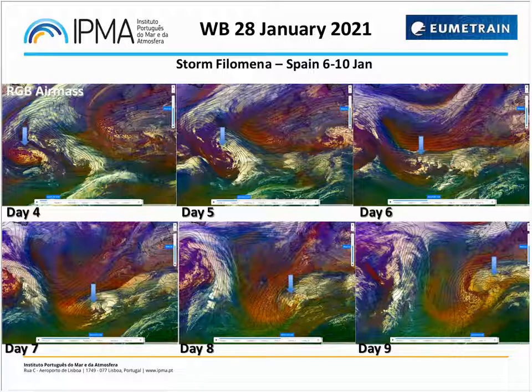Just to explain some of the prior weather, since Christmas the whole peninsula was under cold temperatures with a cold air mass, with most of its area having negative minimum temperatures during this period. You can see here in day 7 the cold air mass on the north side of what would be the warm front,